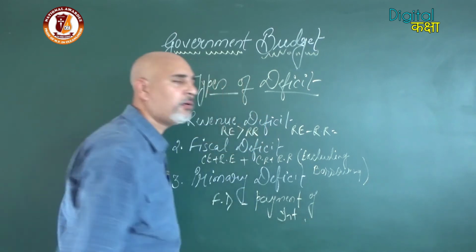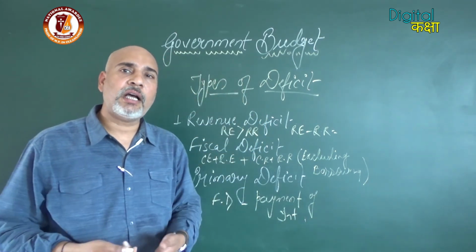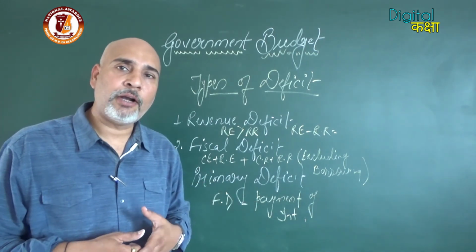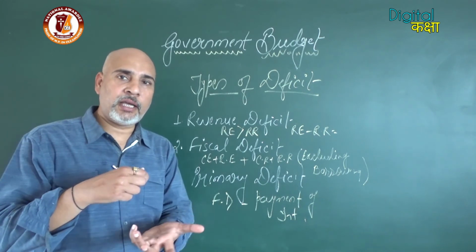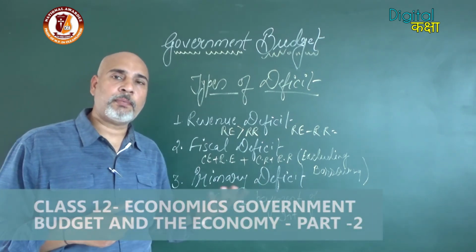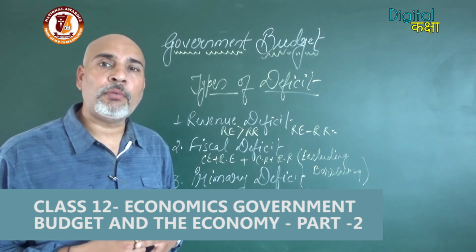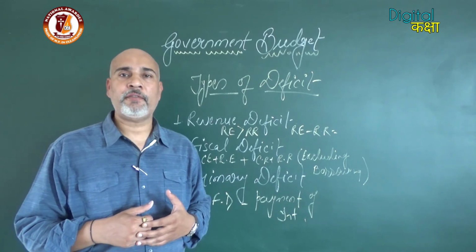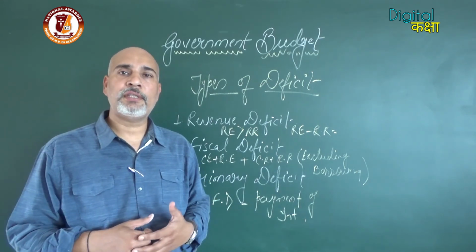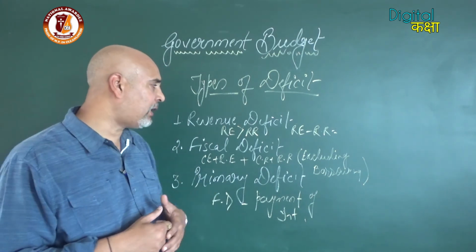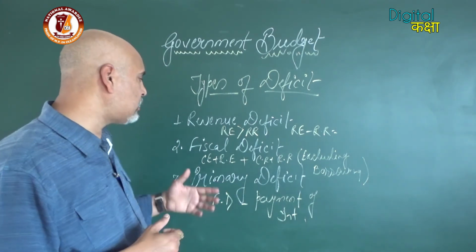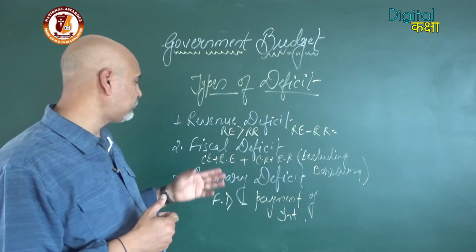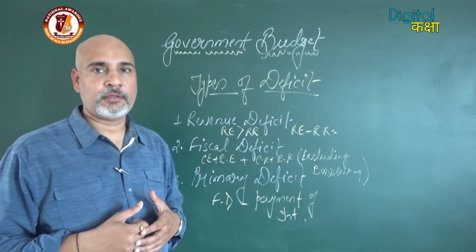So basically it is used to find out what our actual deficit is, because in our expenditure, interest is also a part of expenditure. Suppose interest is not counted as part of the expenditure, what is the actual amount of the deficit? So these are the three basic categories of deficit mentioned over here: revenue deficit, fiscal deficit, and primary deficit. Even in some of the numericals, if borrowing is given, that will be equal to the fiscal deficit.